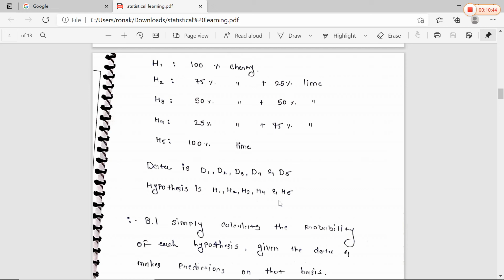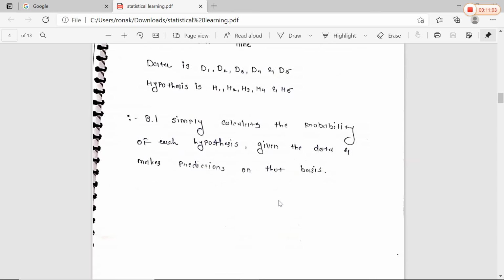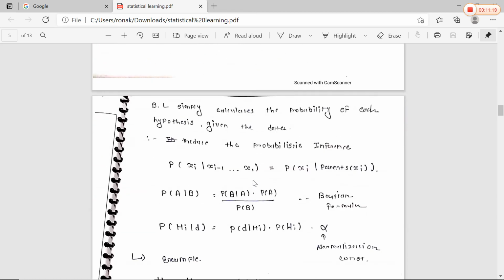अब हमें ये चेक करना है कि जो बाहर निकली हुई कैंडीज है, उसमें से लाइम की कैंडी कितनी है और चेरी की कैंडी कितनी है, और उन दोनों की प्रोबेबिलिटी मतलब उसकी हाइपोथेसिस वैल्यू को हमें काउंट करना है, प्रिडिक्ट करना है कि कौन सी बैग में से वो निकली होगी। ओके, so simplicity calculate the probability of each hypothesis given the data and makes the prediction on that basis। अब वो हम कैसे करेंगे, वो हम करने वाले हैं स्टेटिस्टिकल लर्निंग मेथड से।